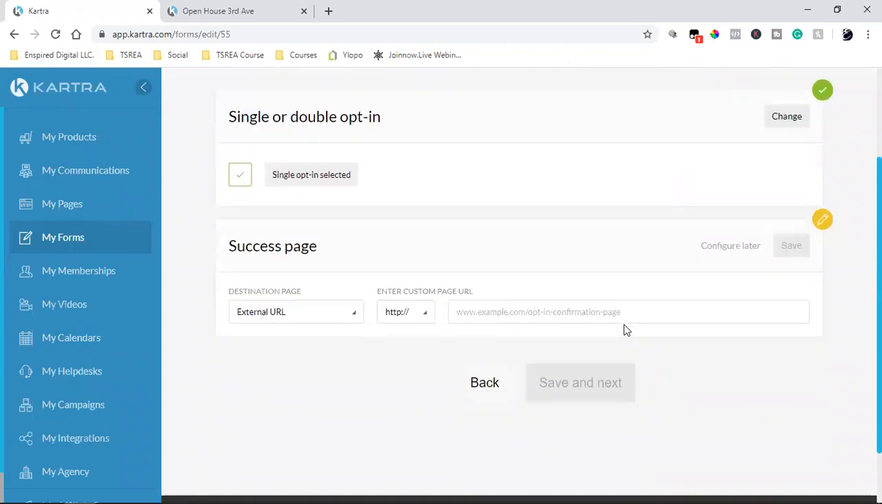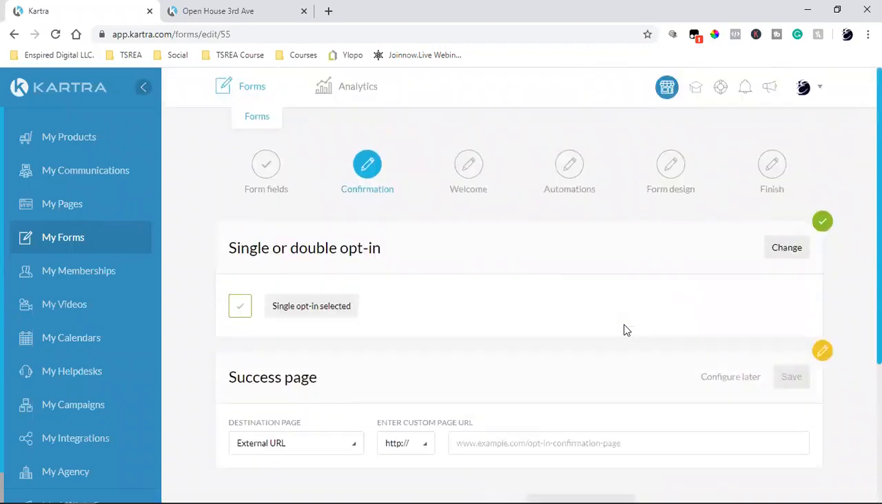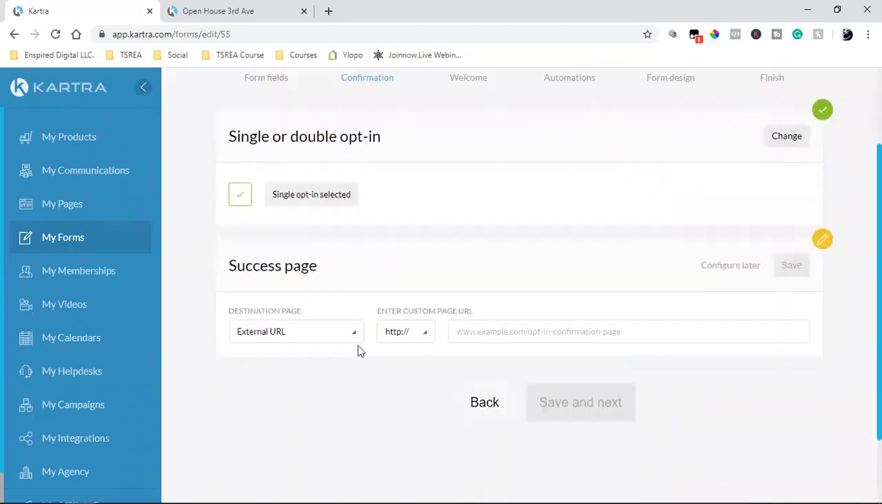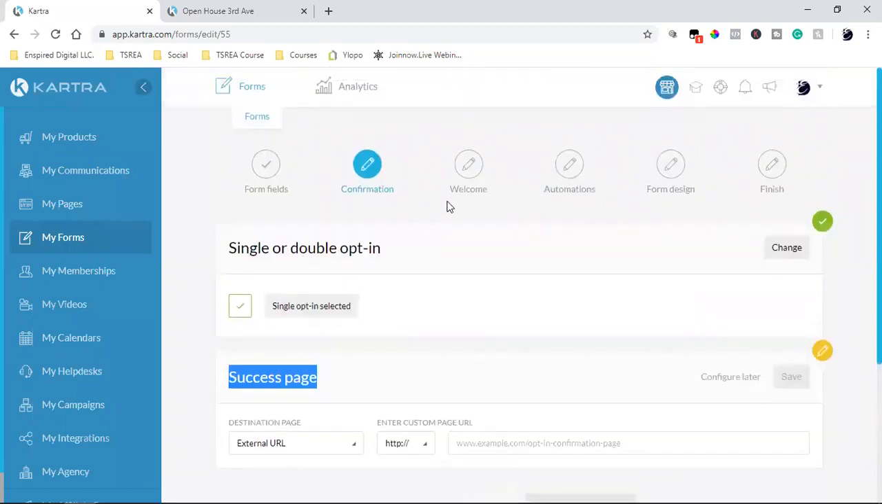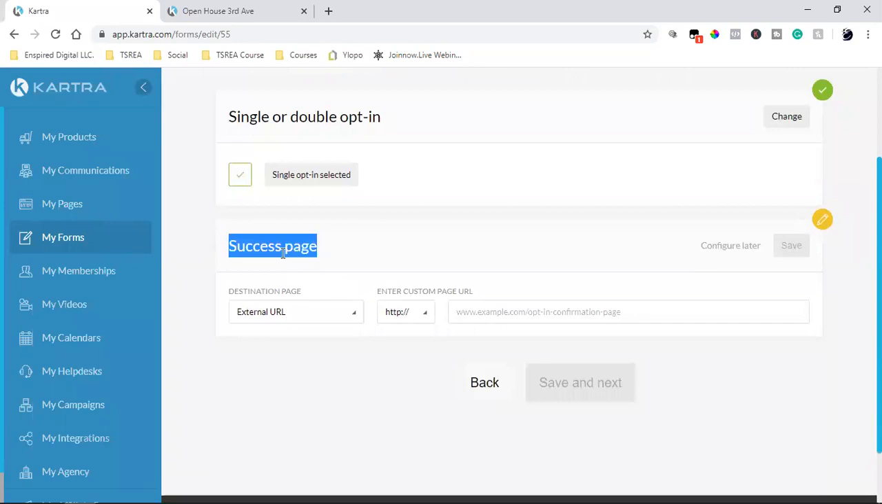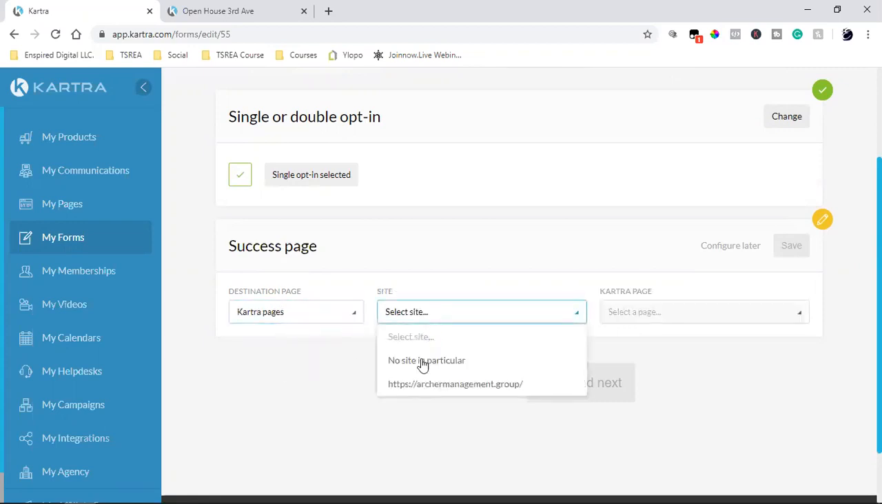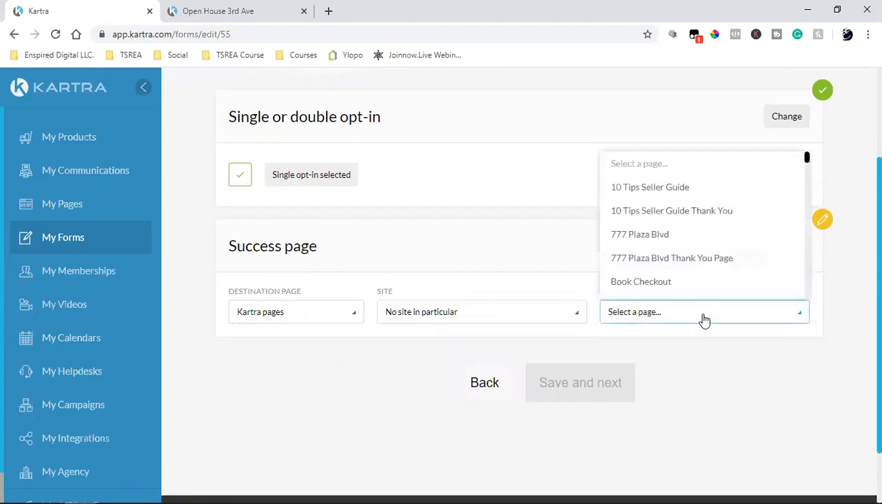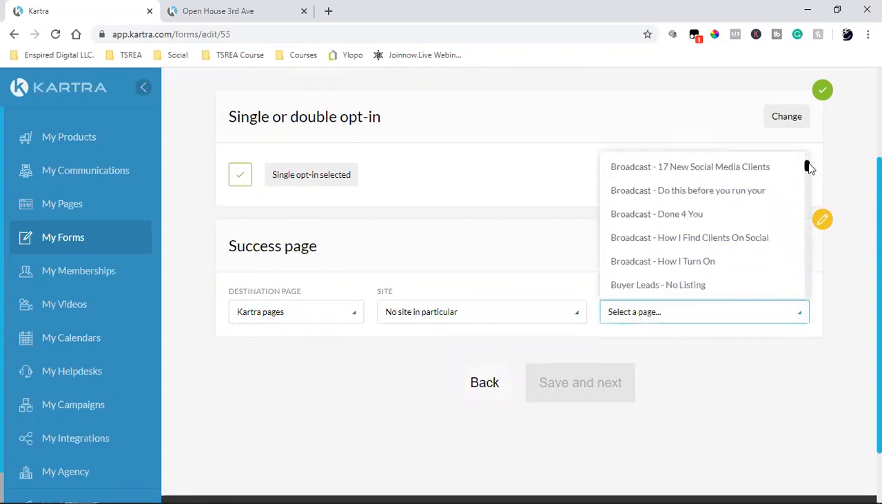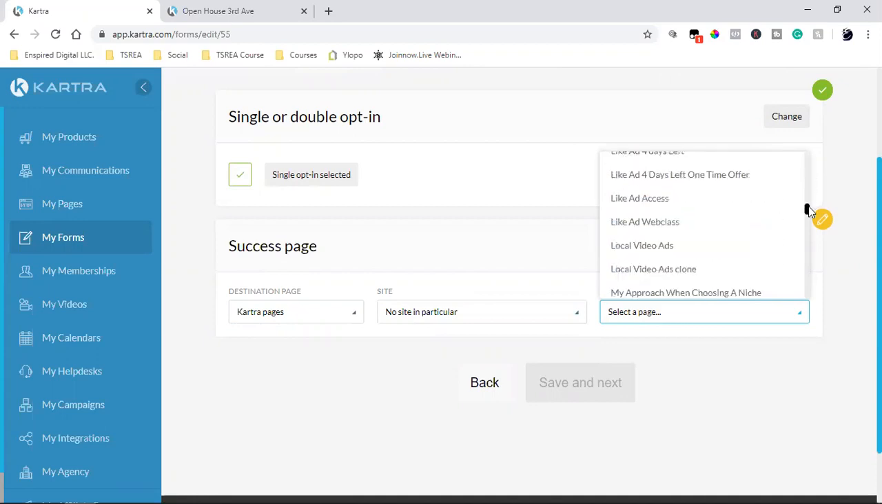And then the welcome, from here we can send them a welcome message. So here's the success page. From here we can send them a welcome message, which is step 3, which we'll get to. But this is what I'm talking about. So here's the thank you page, the success page. The system doesn't know where to take them after, right? We're going to tell them. So Kartra page, and it's going to be no particular site, and it's going to be 444. Let's go to,